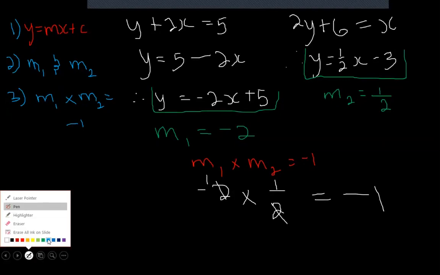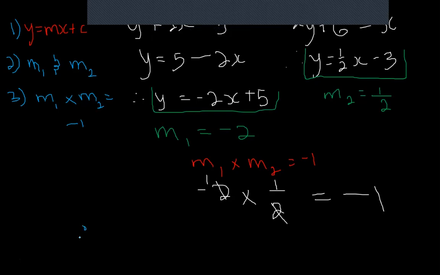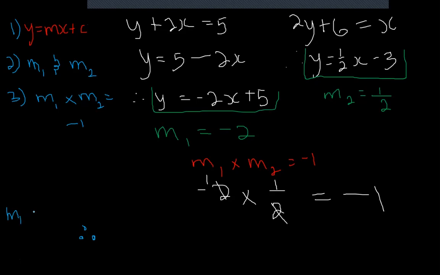Remember, always write your statement. Therefore, it's my therefore sign. M1 times M2 is equal to minus 1. Therefore,